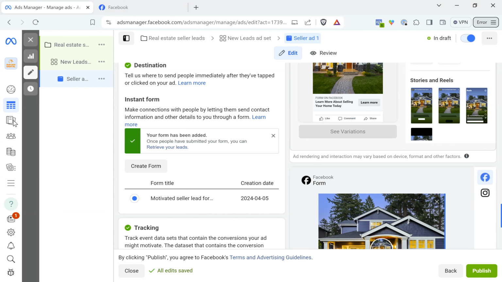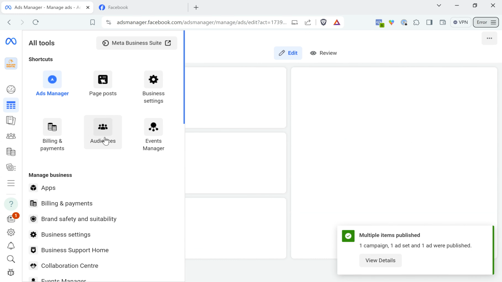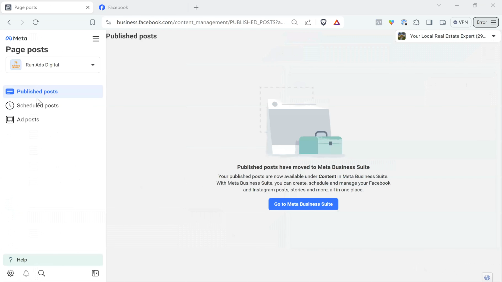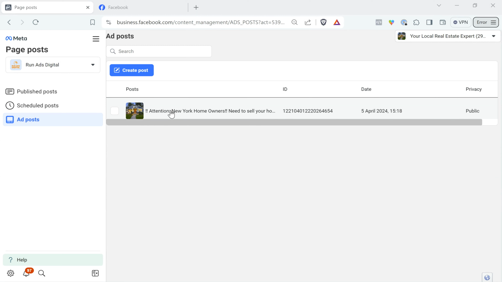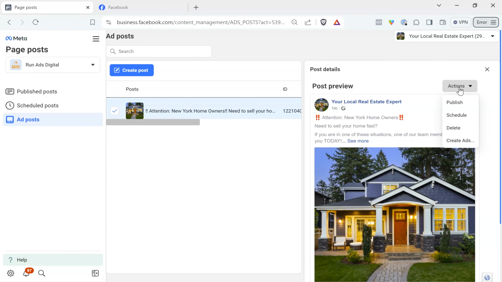So once that is published, what we then want to do is go into our hamburger menu on the left hand side here. Once this is published, then we want to scroll down and go into page posts. Once we've done that, we're going to click into ad posts, and then click onto this ad that we just created. I'm going to click actions, and then we're going to click publish,